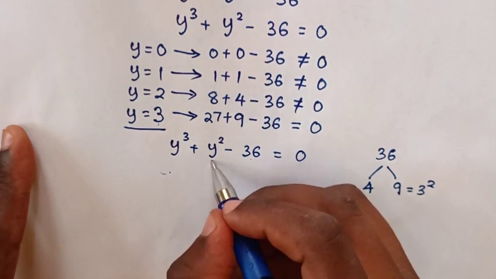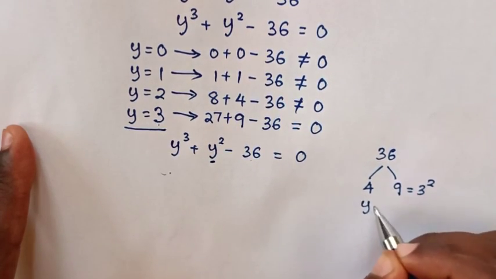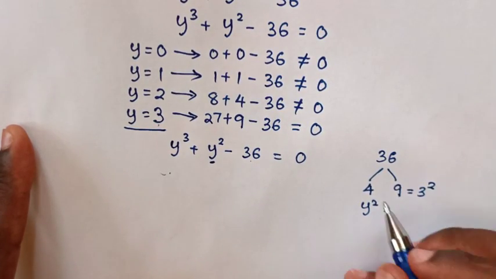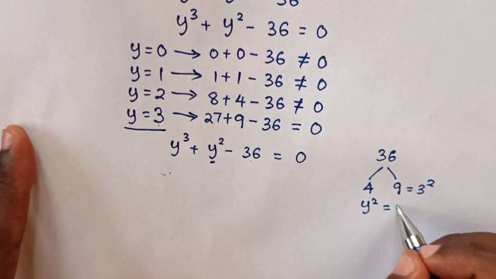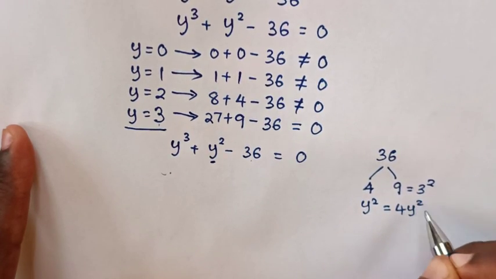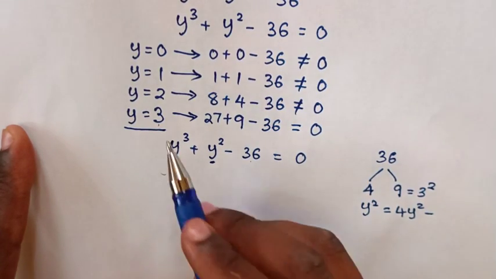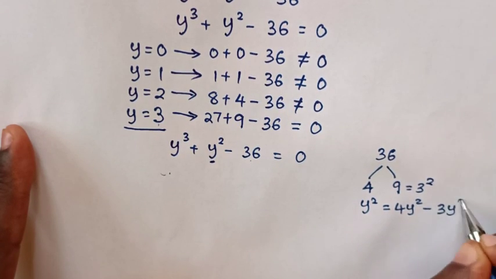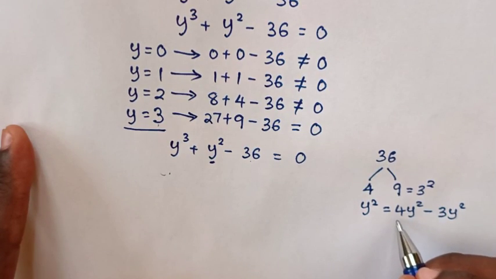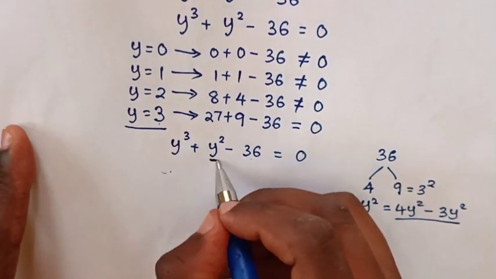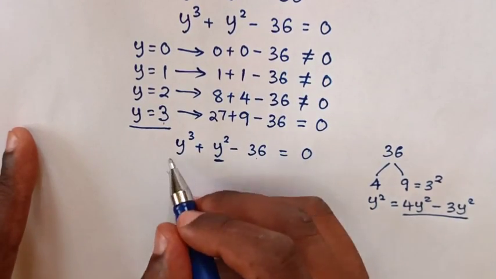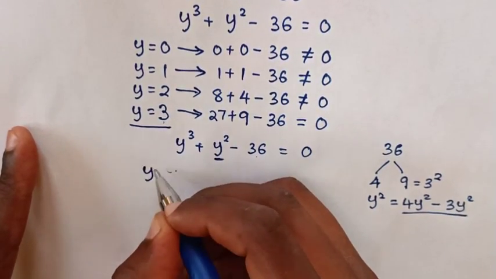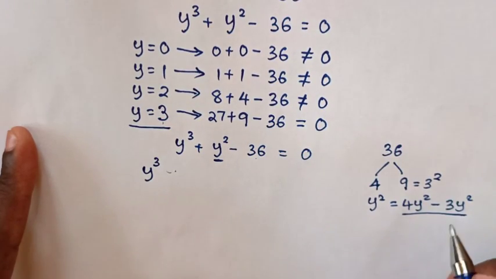Then to split this y^2, since 36 is 4 times 9, it will be 4 times y^2 minus 3 times y^2. So we will substitute this into here, y^2, and in the equation it will be y^3 minus 3y^2,